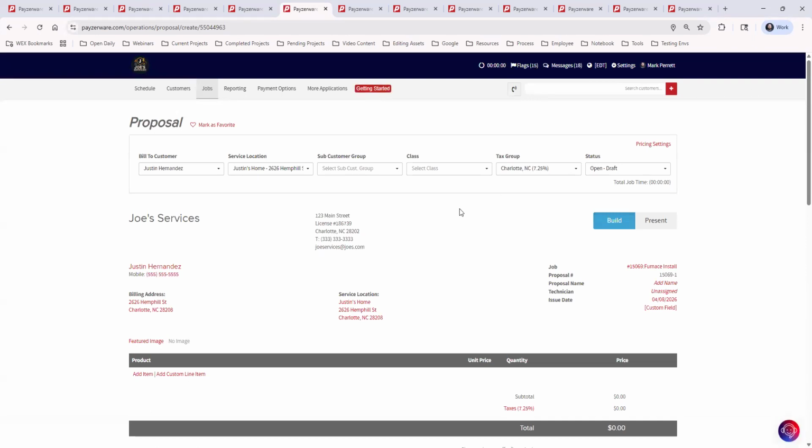Now we are on the proposal document itself. So let's take a look at this. We're going to start at the top and just work our way down what you have here. So I'm on a proposal. The first thing you notice, this blue text here, we are in build mode. So this is not meant to be customer facing. We are building this. Perhaps I'm sitting in the truck building this out